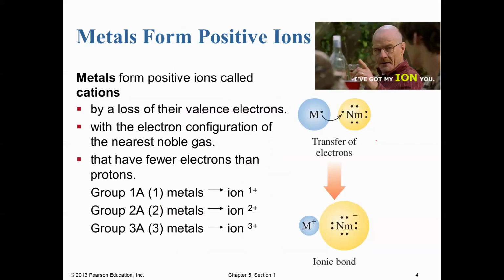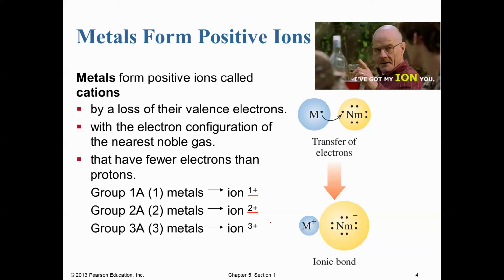So what happens when we take a metal and react it with a nonmetal is the metal is going to lose valence electrons. And so group 1A, these are going to form 1+ ions typically. So like sodium, potassium, lithium, those elements like to lose electrons to form a 1+ charge in order to satisfy the octet rule. And then elements in group 2A like to lose 2 electrons, so they're going to form a 2+ charge,